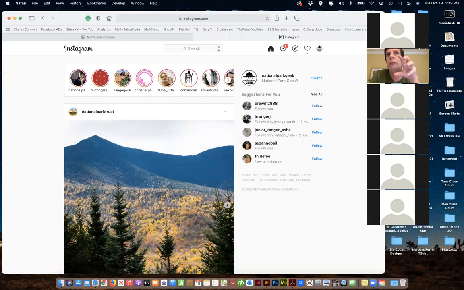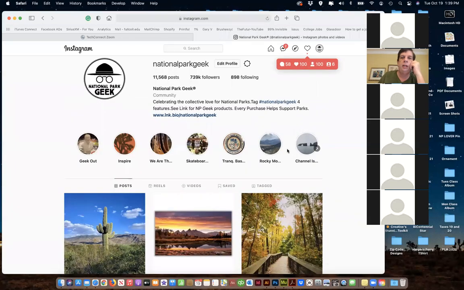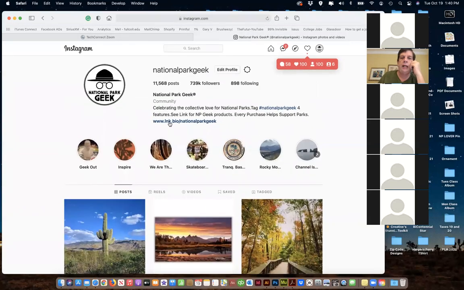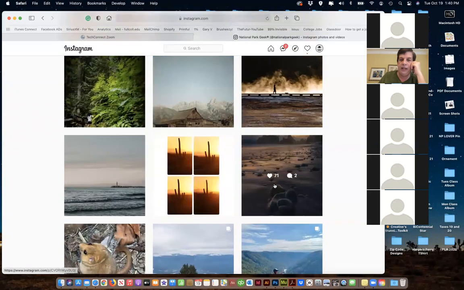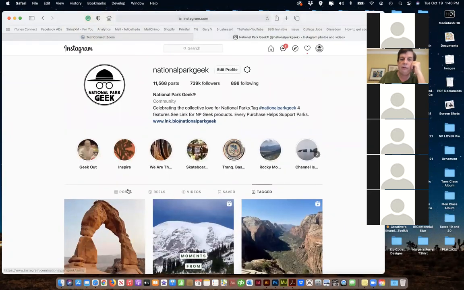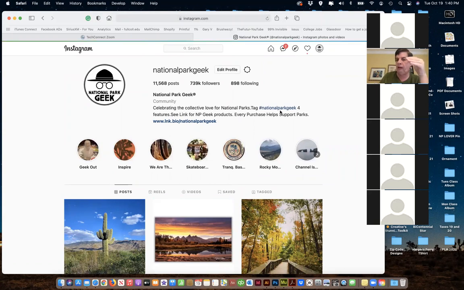So hashtags are the key. We've got to put those in. We have to work with that. And again, I compose my Instagram coming from the viewers, from the people that contribute. So I will come through and look at people that have tagged me in posts, and I go through these, and then I also go through the posts of people that have tagged National Park Geek, as a source of images.